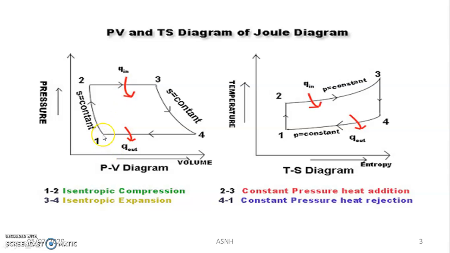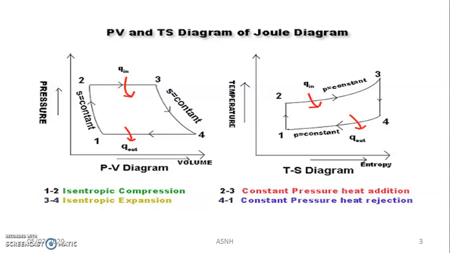When the air or gas enters the compressor, the compression of that gas or air takes place. Due to that, the pressure increases from P1 to P2. Simultaneously, the temperature also increases from T1 to T2. After compression, the gas or air enters the gas turbine, but before that, in process 3-4, it is passed through the combustion chamber.